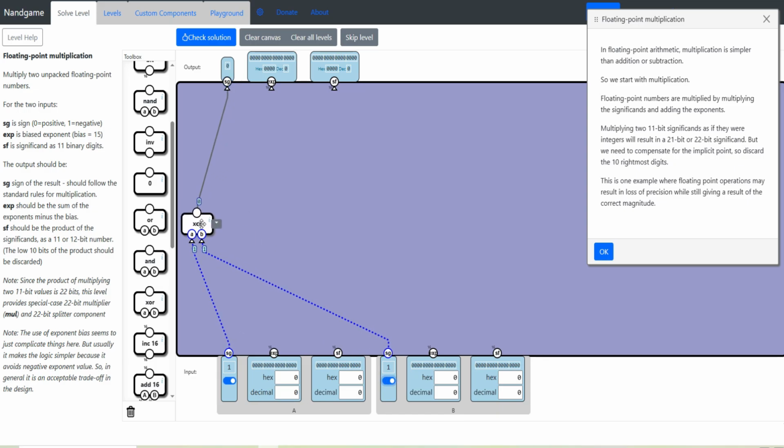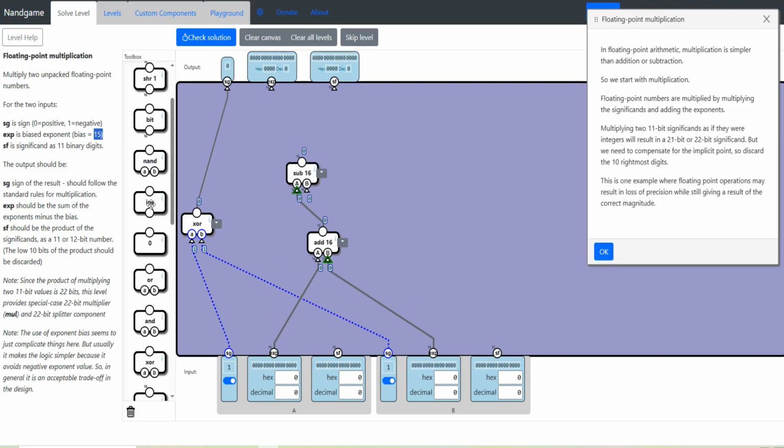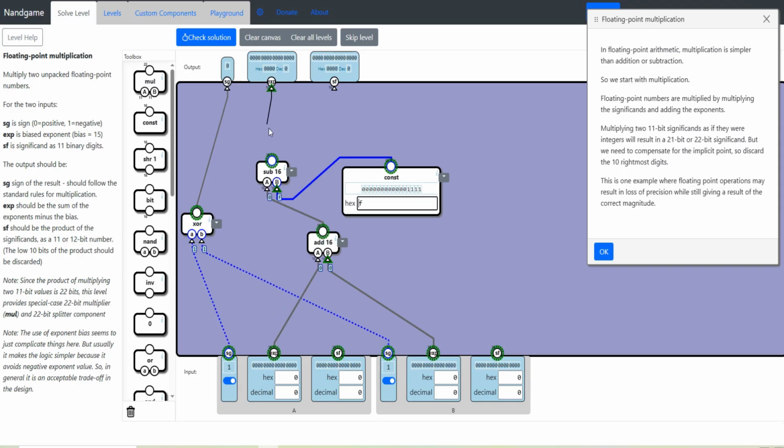So that should suffice for the sign. On to the exponent, which should be the sum of the exponents minus the bias, and the bias is 15. So we should be able to just add these together. A goes into the first exponent, B goes into the second, and then we need to subtract that sum minus 15, and I believe, yeah, we have a constant here. So we have to enter it in hexadecimal, and in hexadecimal, 15 is F. All right, and let's hook that up to the